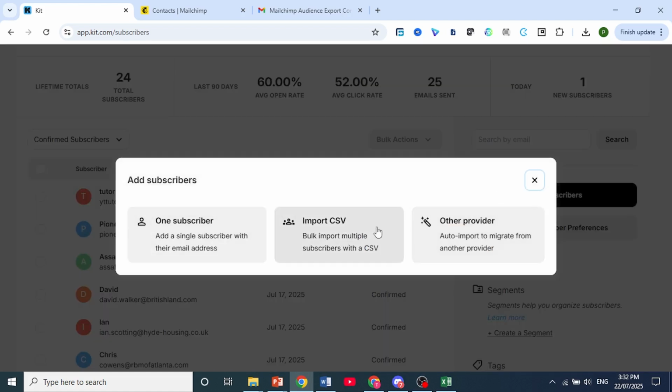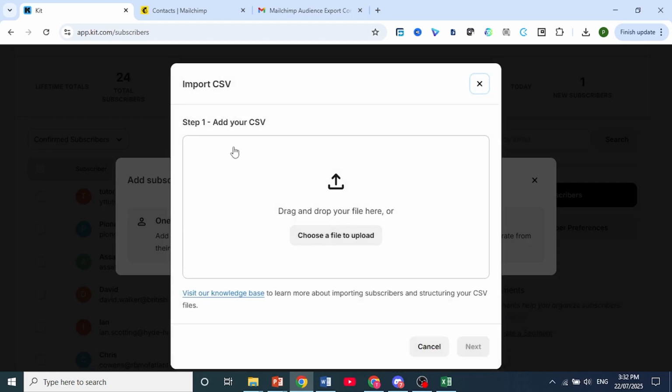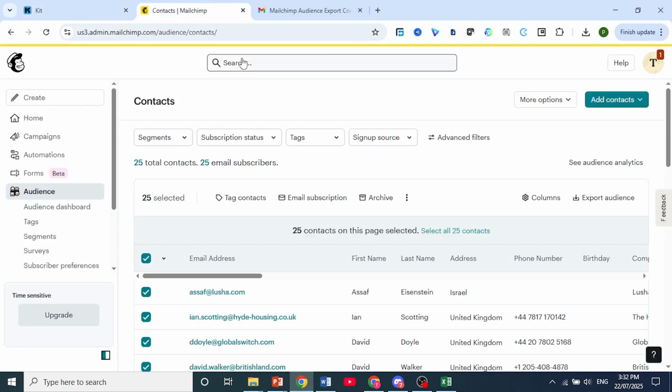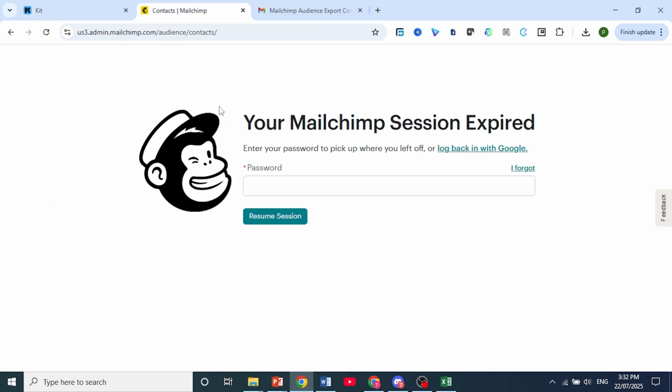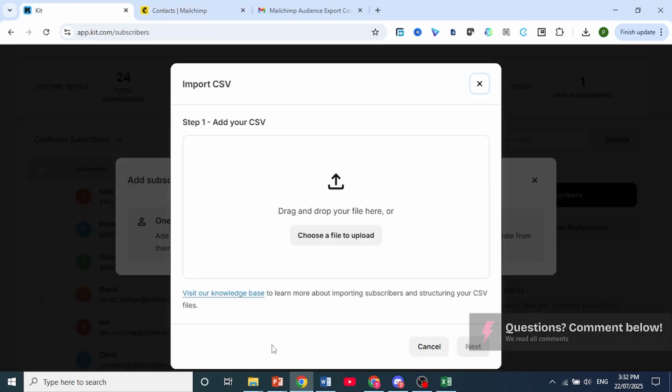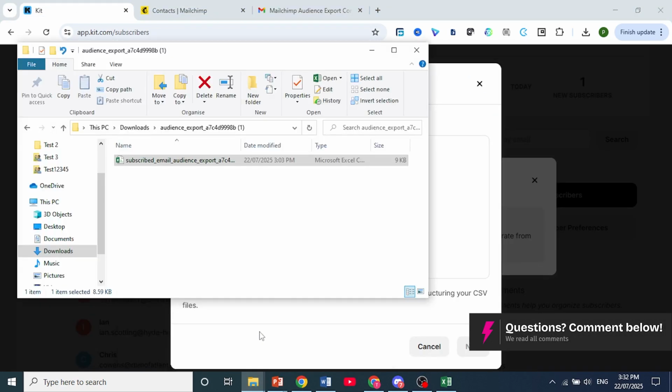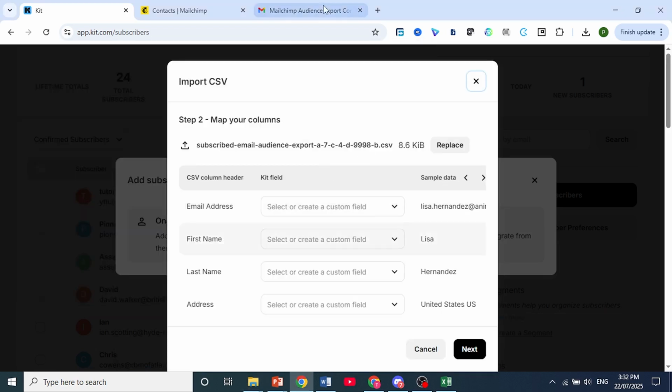Now, click on Import CSV if you want to import a bunch of contacts at once. So just click on that and then drag and drop your CSV file. So any other platform you are bringing these contacts from, go ahead and export from there. And then all you need to do is just drag and drop the CSV file you have exported and then